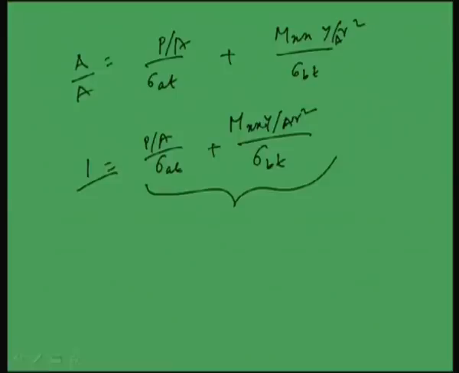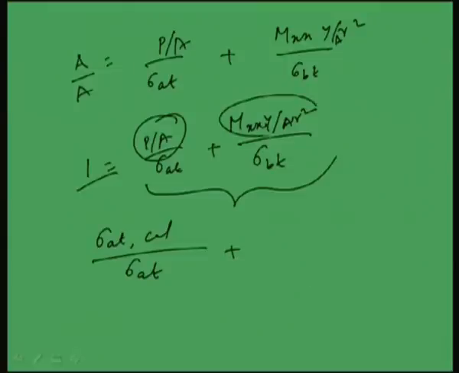Okay. So now P by A is nothing but the axial stress, means axial tensile stress, which can be denoted as sigma AT calculated. That means the developed stress due to axial force. So sigma AT cal by sigma AT we can write, plus now this I can write as sigma bt cal, because this is my M by ar square, which is nothing but the calculated bending stress, that is sigma bt calculated, and this is the permissible stress. Okay. So this should be less than or equal to 1 to be on the safer side.